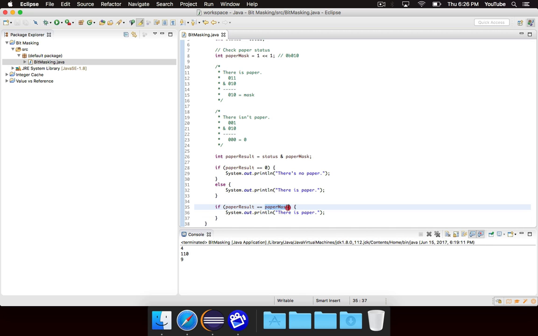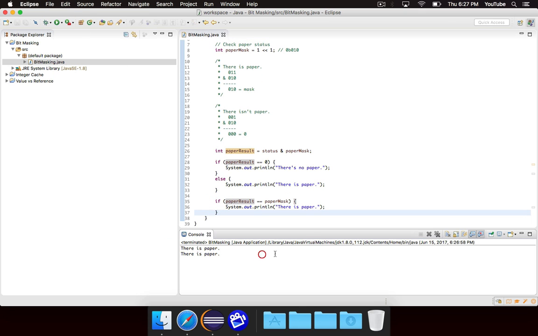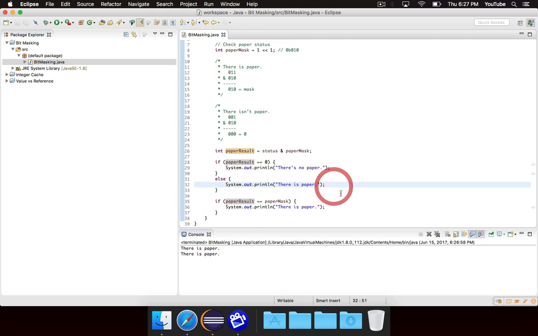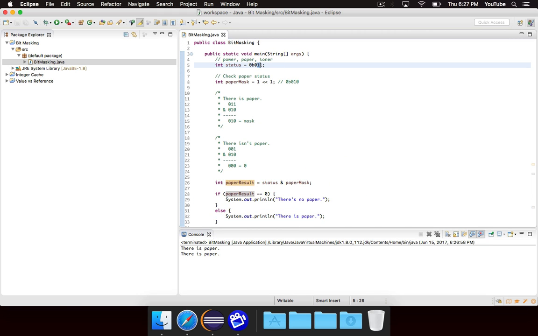Although since the original mask is not 0, this would obviously be true. But it's just something to notice that it's not some random number, it is actually the mask. So just something to keep in mind. And just to see if we run this for a second, it will tell us there is paper. Of course, it'll say it twice because we had that, but that makes perfect sense. And if I go into the status and I get rid of it, then it will, of course, tell me